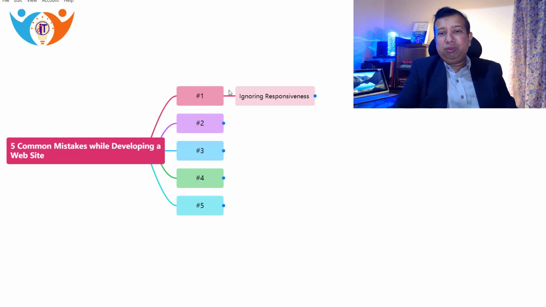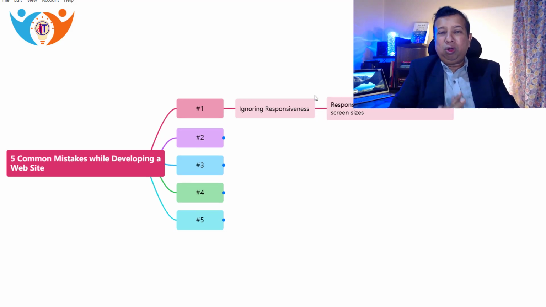Now responsive means your website should give a good feel and look on all kinds of devices and all kinds of screen sizes. So responsive means you can show your important information in an effective way on all devices, all types of screen sizes. Now there are different platforms and technologies that you can use like Bootstrap, WordPress and all, so that your website can be automatically responsive, and you should learn these kinds of platforms.